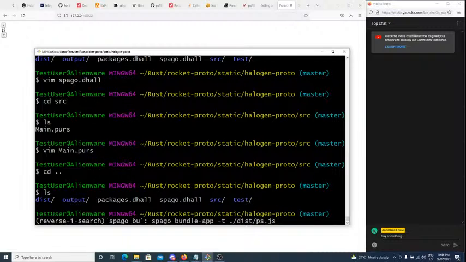But yeah, in the compiled JavaScript output, it uses requires. That doesn't work in the browser. So, thankfully, Spago comes with this bundle app superpower. It does what Browserify or Webpack would normally do for you if you were writing JavaScript, and that'll let you run the compiled JavaScript in a browser. And so that's what I had to do.